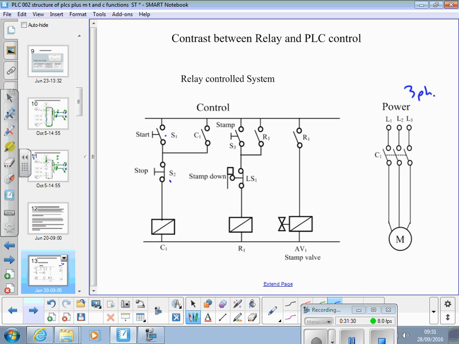a stop button there, normally closed. You're going to get used to that. Stop buttons are wired normally closed, so they're fail safe. If the wire falls off it, the thing stops. That's the start-stop circuit there